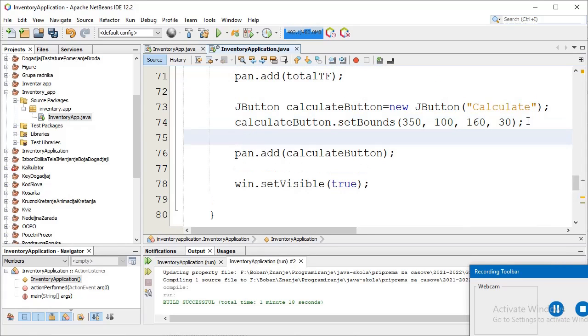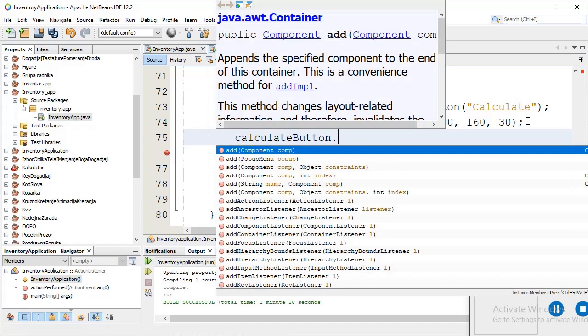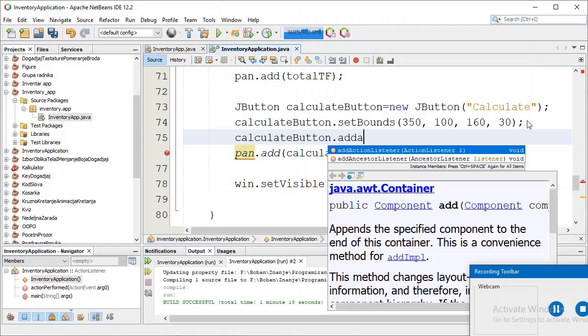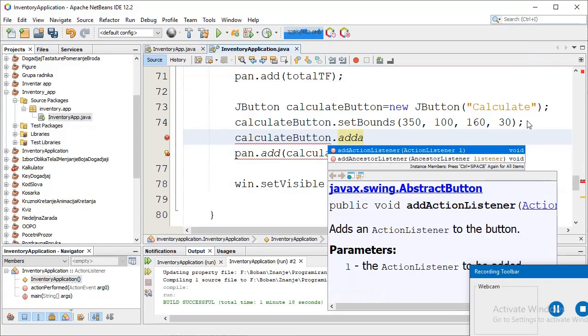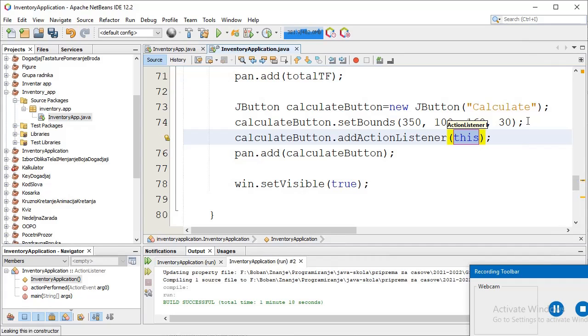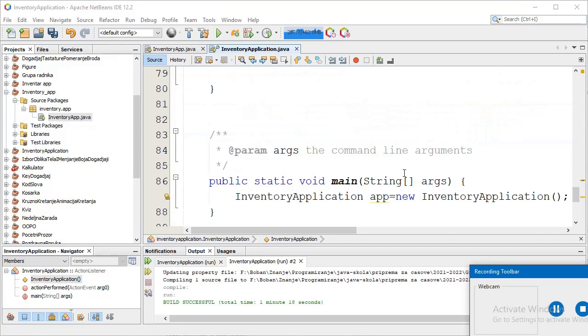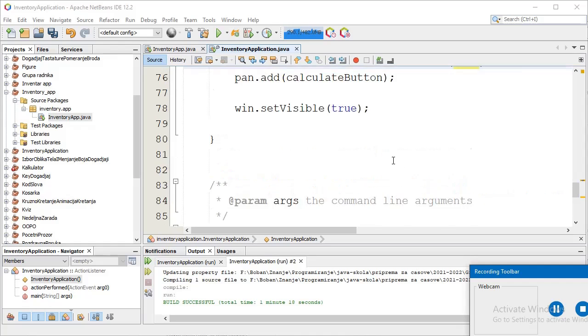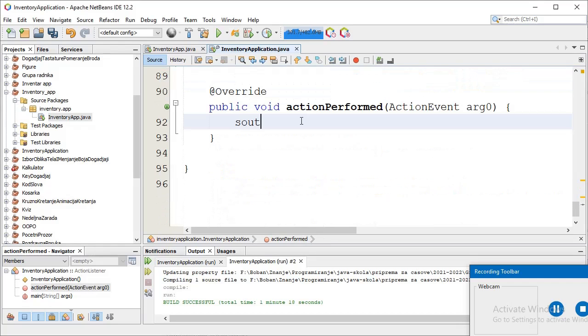So calculate button dot, and we call the addActionListener method, and pass this object as the action listener. Let's check that connection. I add some line of code in this method.